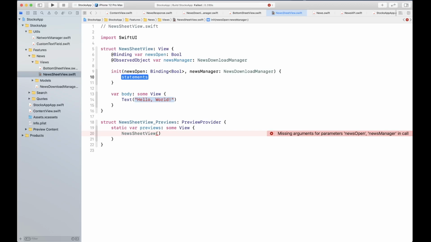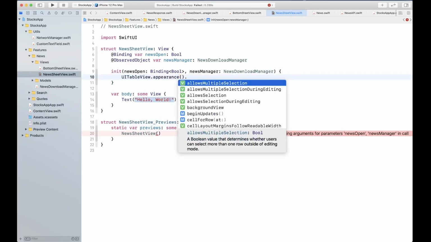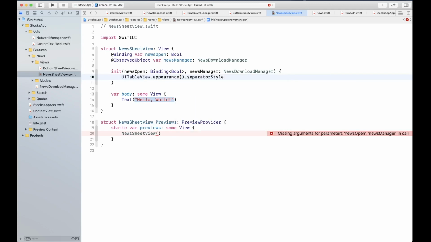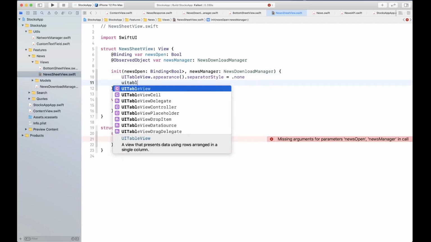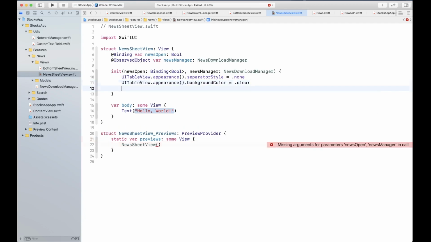So let's go ahead and create those. UITableView.appearance().separatorStyle to be none. UITableView.appearance().backgroundColor to be clear.